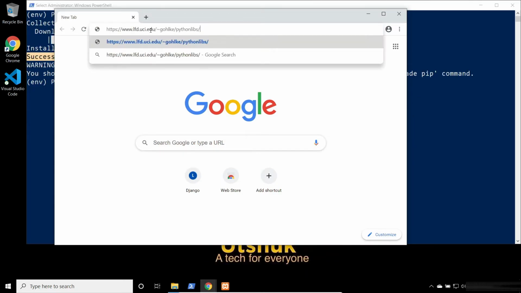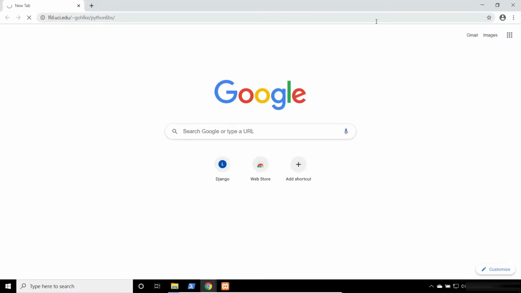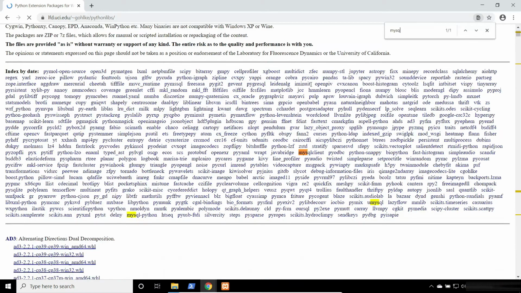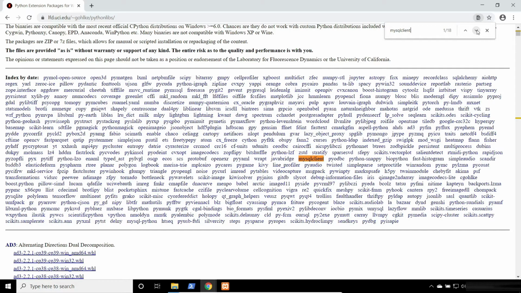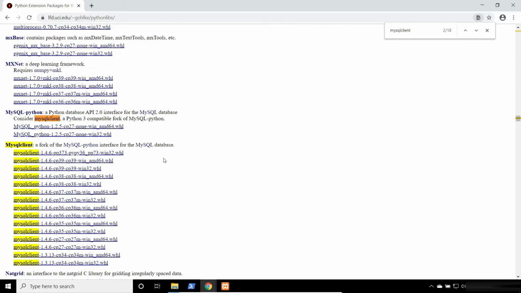So go to this link and here you need to search for mysqlclient, and go to the next search here. So here is the MySQL wheel.